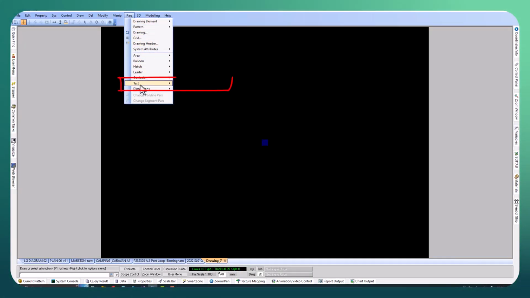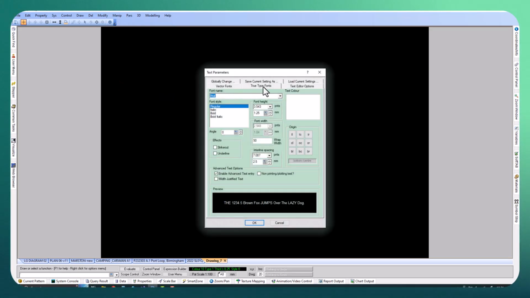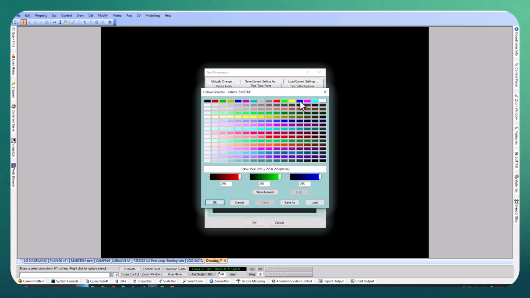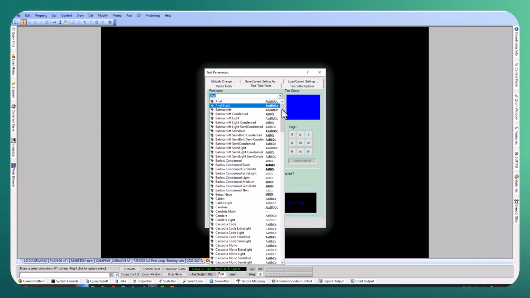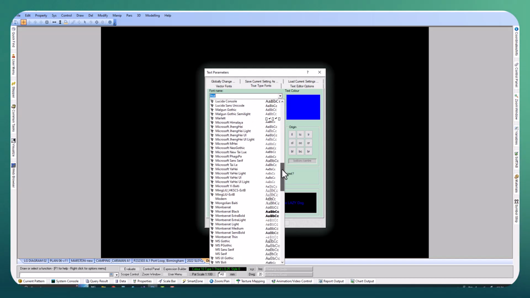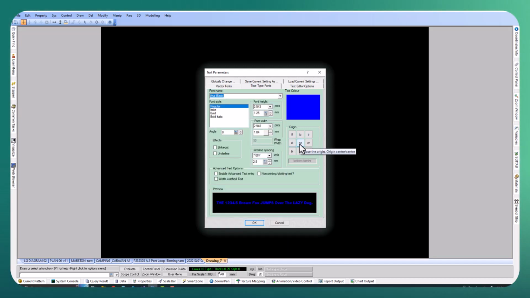Hello, here we're going to create some text in Genesis CAD. We select the text set parameters function. Here we can set all sorts of parameters related to text. For instance, its color, the font, its orientation,